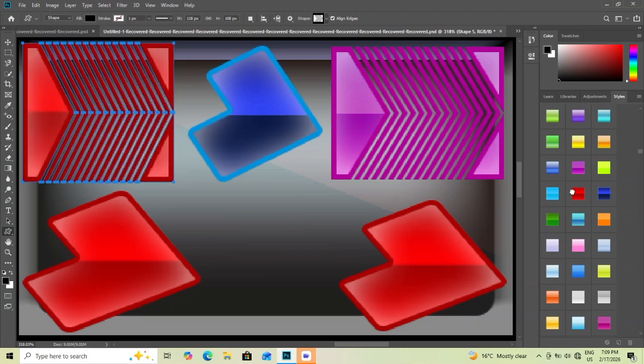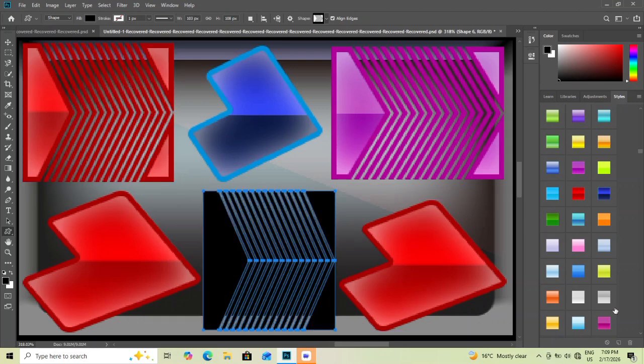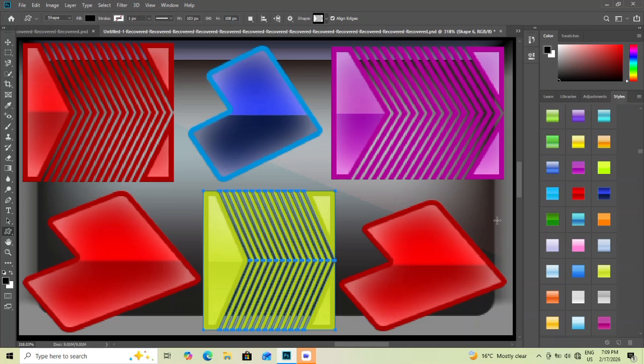Choose muted colors that complement business typography and refine tones using adjustment layers. Use filter, other, offset to ensure seamless repetition and correct any visible seams. Group all